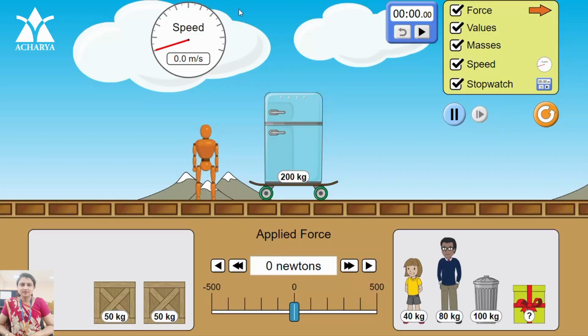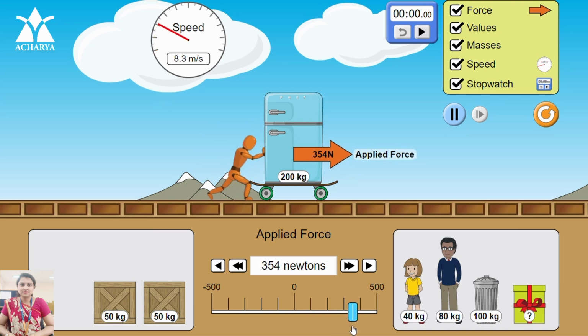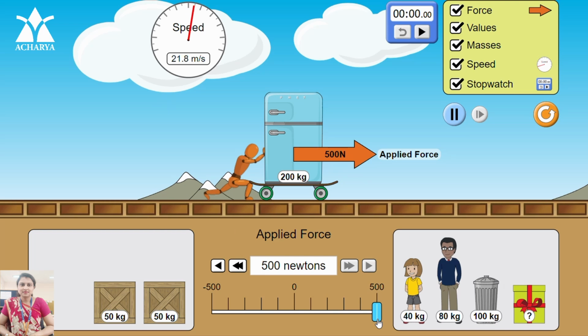driving. The last type of friction is rolling friction. Rolling friction occurs when an object rolls over a surface instead of sliding. Examples of rolling friction include a wheel moving on a road or a ball rolling on the ground. Compared to sliding friction, rolling friction is much smaller, which is why rolling objects move more easily. In rolling friction, the object continuously changes its point of contact with the surface, reducing the resistance of motion.